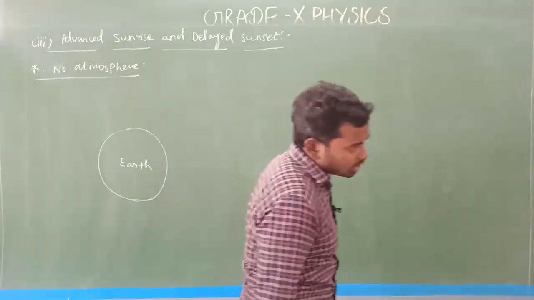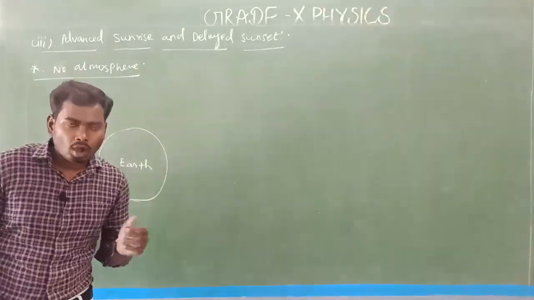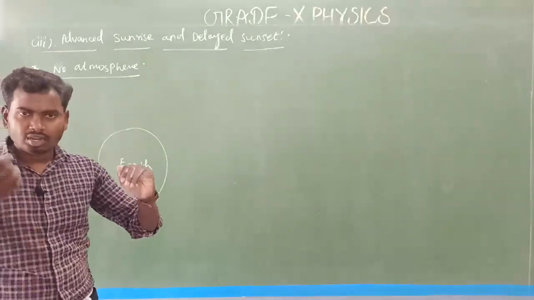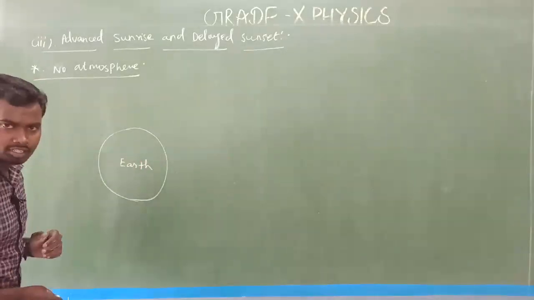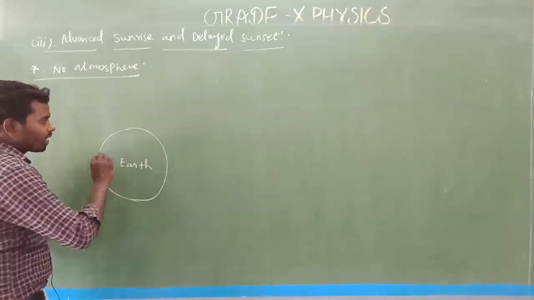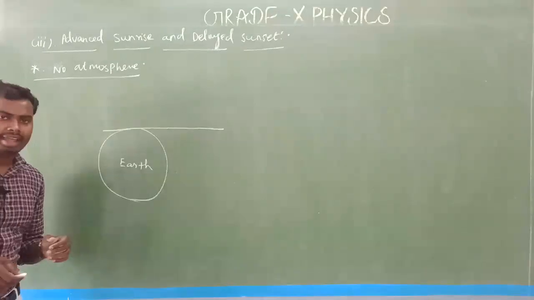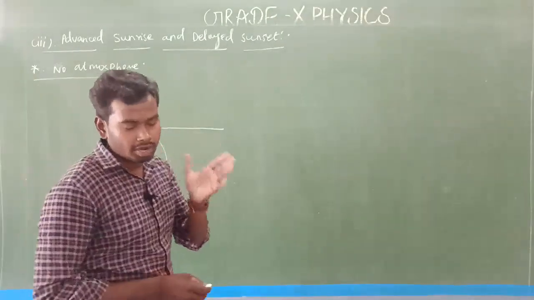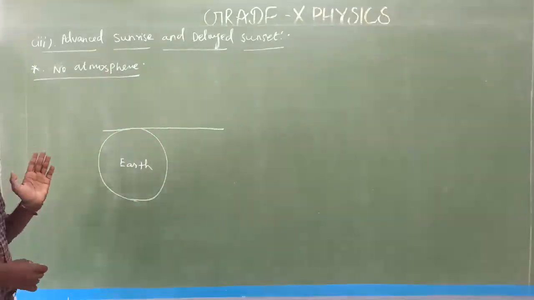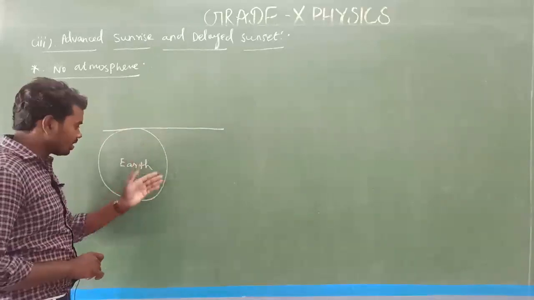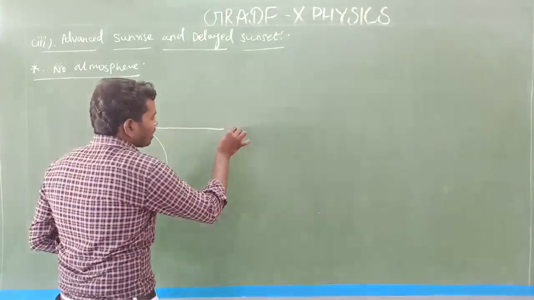Here, how can we say the sun is rising and the sun is setting? Look at here. This is Earth's surface. Draw a line tangent to the Earth's surface like that. You already know what a tangent is. You studied it in your 9th grade physics class. So this is the tangent line.